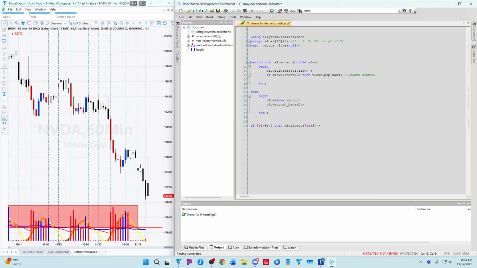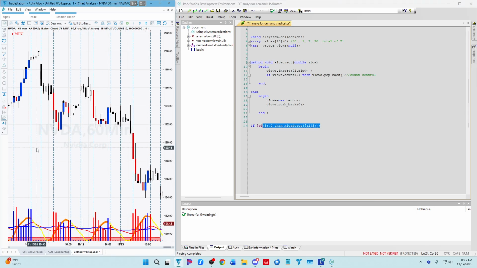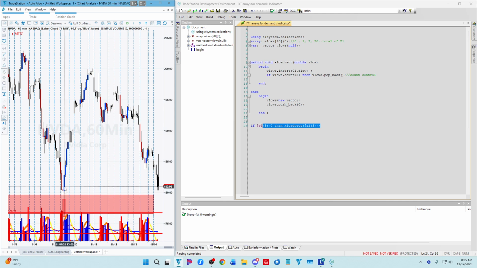And so what we want to do is sort, but at least as far as I know, there's not a function to sort the vectors. And yes, you can do it by creating a function or a method, but the array already has a sorting function. And the only reason I wouldn't use an array to load all of these, well, let's see, maybe you could use an array and then, no, because as these new swings come in, I mean, you could